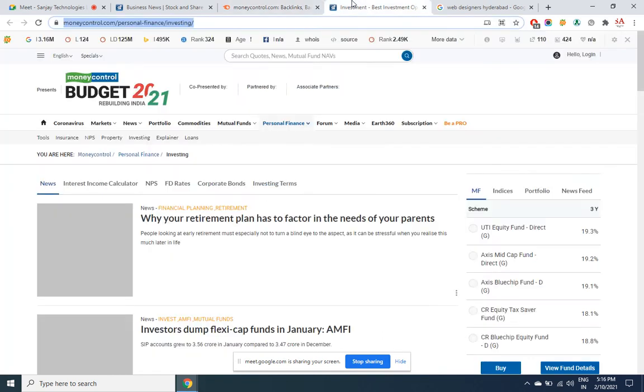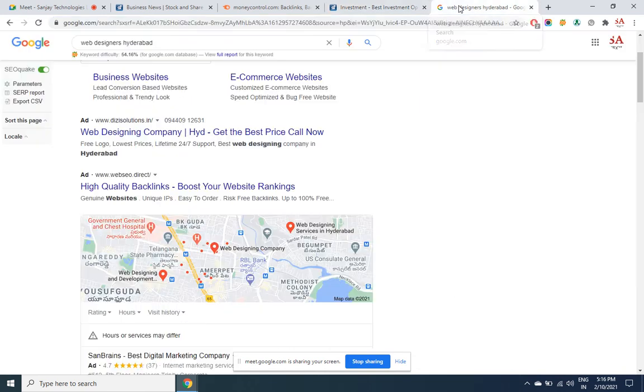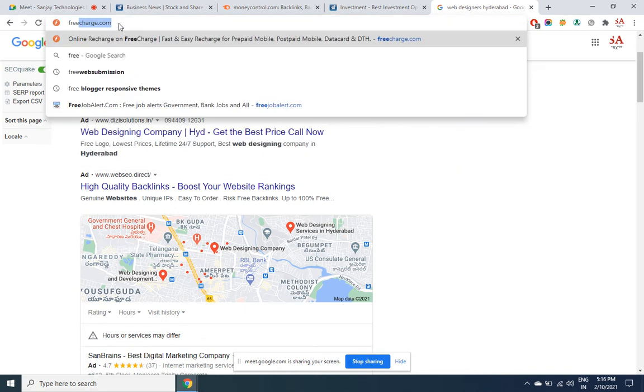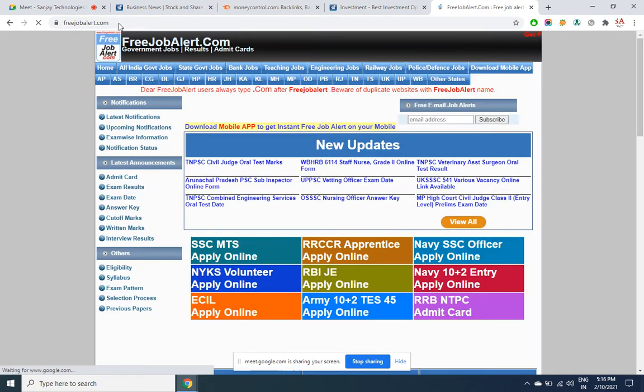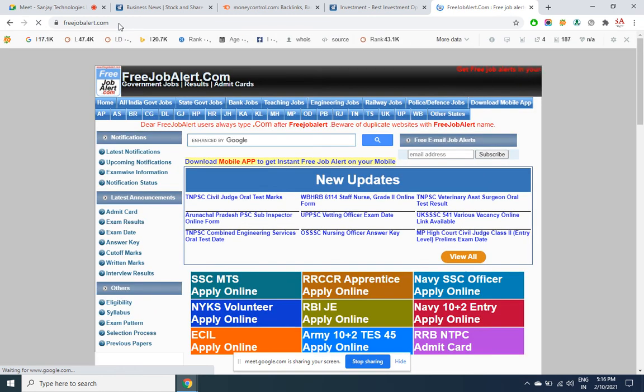So not just looking at that, you must also know how you should be using those parameters. Now, when you type a query by a site, let's say free job alert. We have already discussed that the page rank of this site is 2. Page rank 2 is not difficult. With 6 months of hard work, you can also get page rank 2. But you may not be able to make the income he is making.